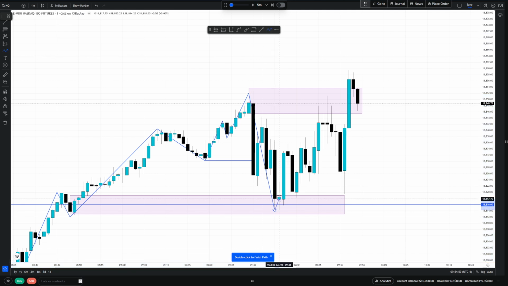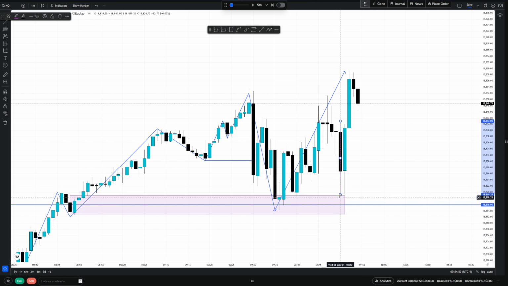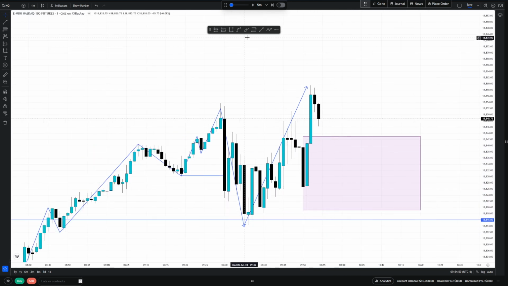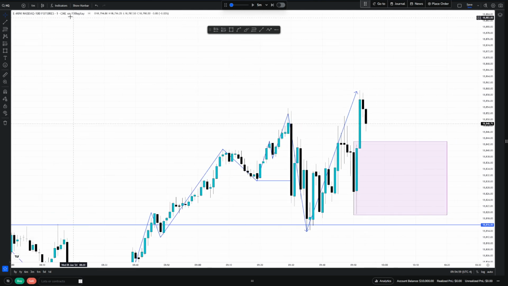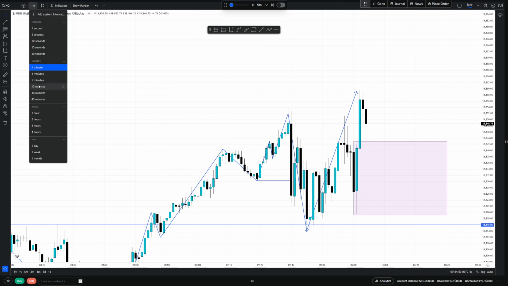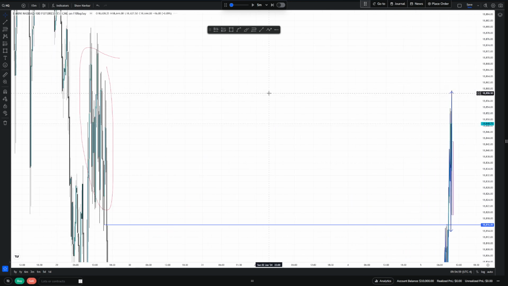We get a move up. So automatically, if we're in stream, we're already looking at what? We're already looking at this guy. Obviously, it's pretty big, so we're not just going to go long in it. Maybe look for a lower time frame entry. But I would look for price, assuming we had a draw or a reason to go higher on the 15